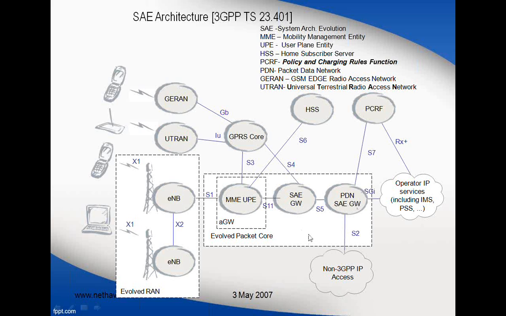But when it has to communicate to the outer world, we need this particular gateway, which is going to act as the gateway to communicate to the external world. So this is how this EPC plus evolved RAN, or else we could say the EPC plus E-UTRAN, forms the LTE architecture. Also, since this 4G LTE is able to communicate through other external networks, the network could be non-3GPP or 3GPP. So to enable these different accesses to different networks, we need this PDN gateway.